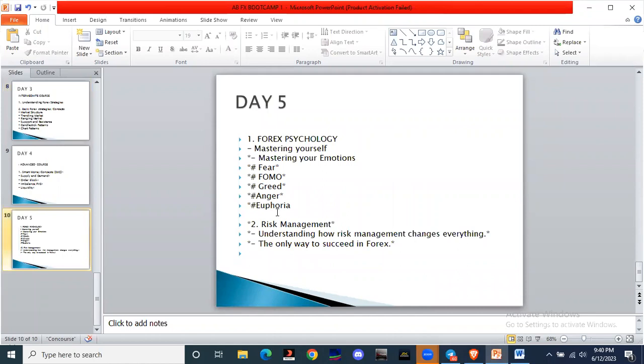Then we also have euphoria. Euphoria is when you took a trade and the trade hits TP. When the trade now hits your TP, you're very happy. You're like, I'm a bad guy, the baddest Forex trader in the world. And then you don't have any fear or respect again in your mind. Any small setup where you're already seeing 5R, 10R on that setup, you rush and place the trade.